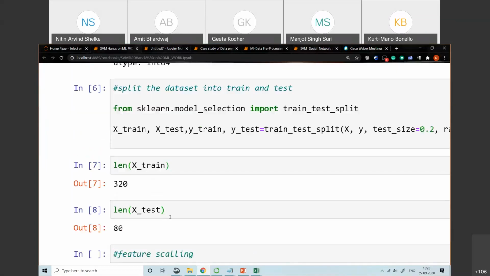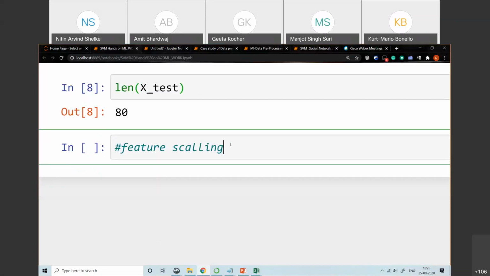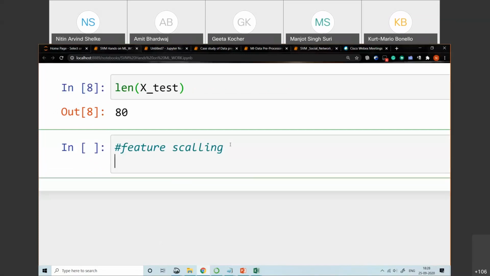So the formula for the standardization is what? X minus mean divided by the standard deviation. You can also implement this code by hard coding. But here I'm using the sklearn library. So I'm using the StandardScaler class which is present in sklearn.preprocessing.